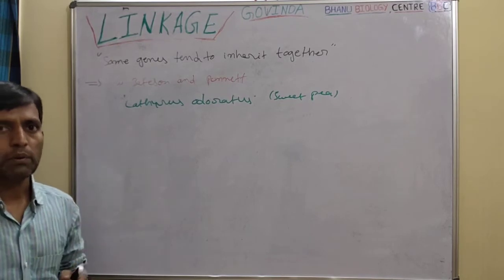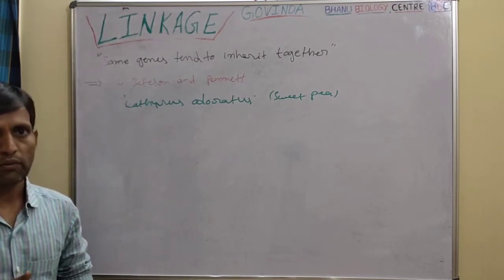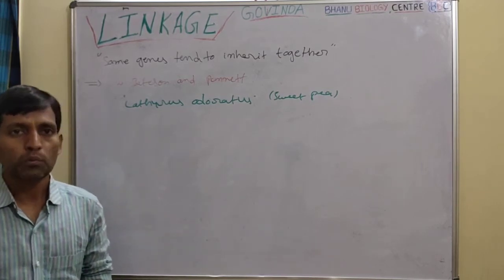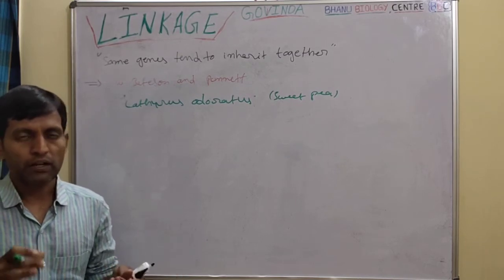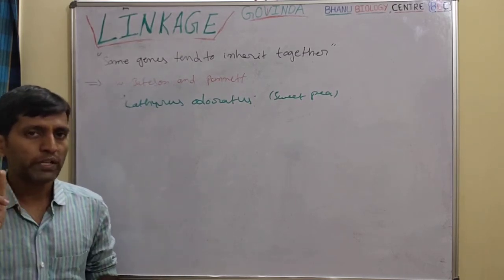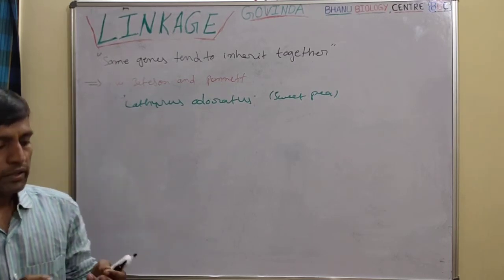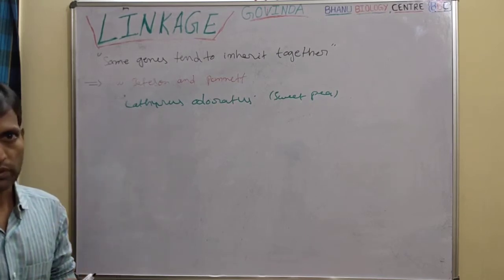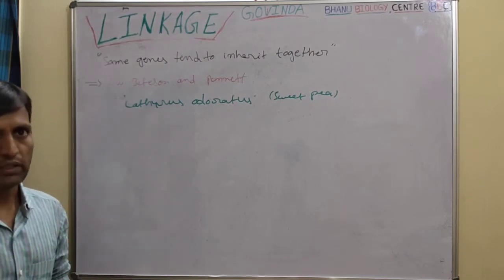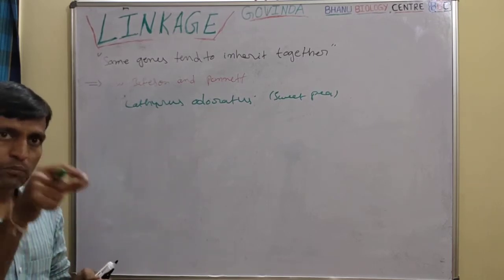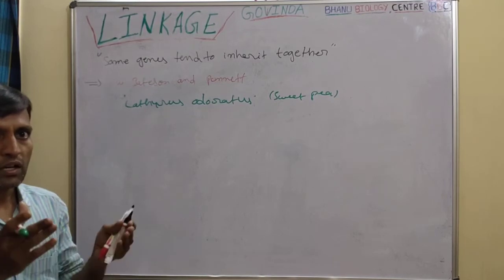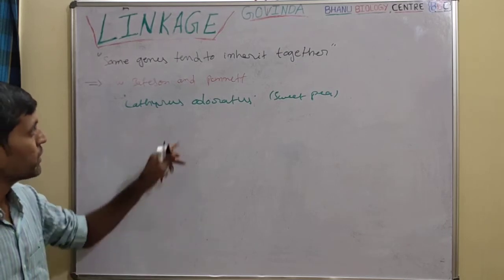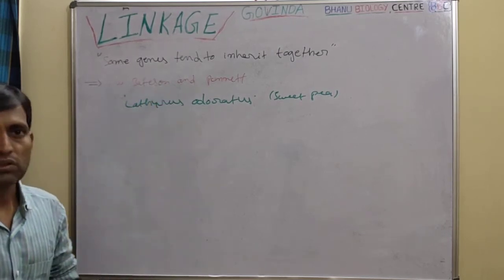Here I make you remember the law of independent assortment given by Mendel. According to that principle, the genes present on the chromosomes independently separate and assort into the gametes. This is what we learned from that principle, right? That principle holds when two genes are present on two different chromosomes. Then the independent assortment will be easy. If the same two genes are present on the same chromosome, not on different chromosomes, the independent assortment may or may not be possible. Regarding this, these two persons talked about.